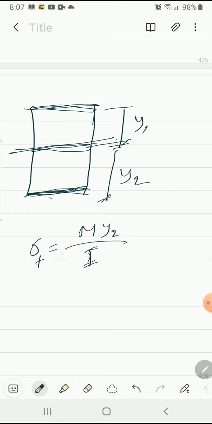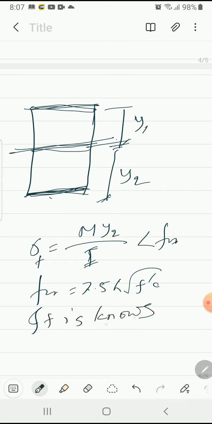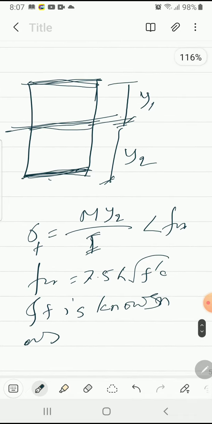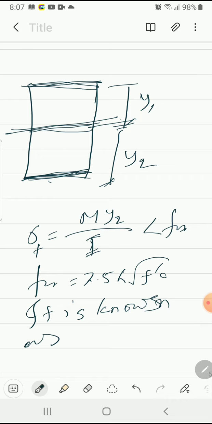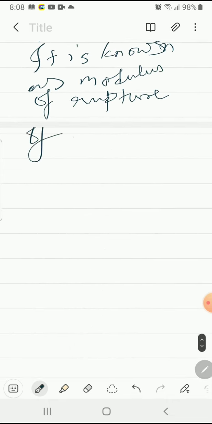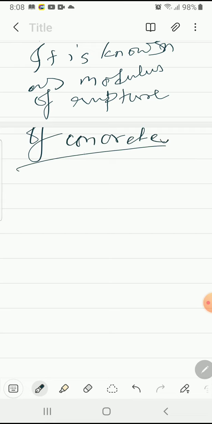Okay, now if this stress sigma t is less than fr, which means 7.5 lambda root over f prime c, and it is known as tensile strength or modulus of rupture of concrete. Okay, the stress distribution is